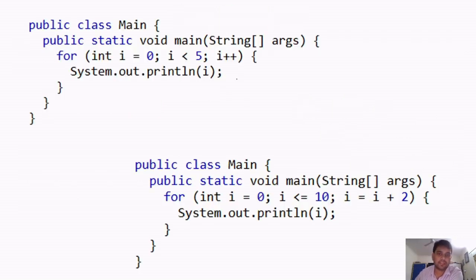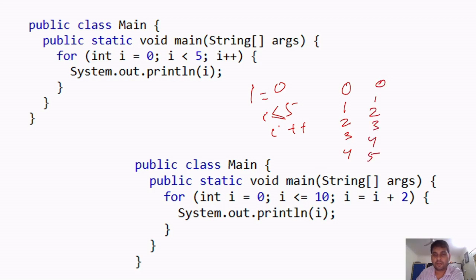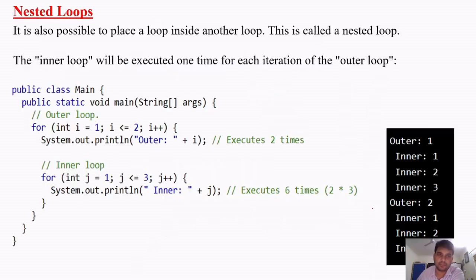हम लोग एक एग्जांपल देखते हैं, यहाँ पे i is equal to 0 असाइन किया गया है, i less than 5 है और i++ है। सो 0 1 2 3 4, अगर i less than equal to 5 होता तो आंसर होता 0 1 2 3 4 5। हियर यू कैन सी i is equal to 0, i less than equal to 10, i is equal to i + 2. सो आउटपुट क्या आएगा, 0 2 4 6 8 10। सो यहाँ पे 10 क्यों आएगा, क्योंकि less than equal to है और 2 टाइम्स इंक्रीज कर रहा है। कहाँ से स्टार्ट हो रहा है, 0 से।